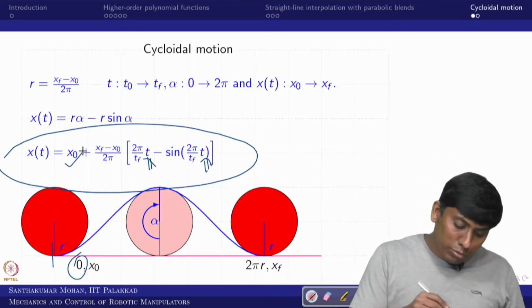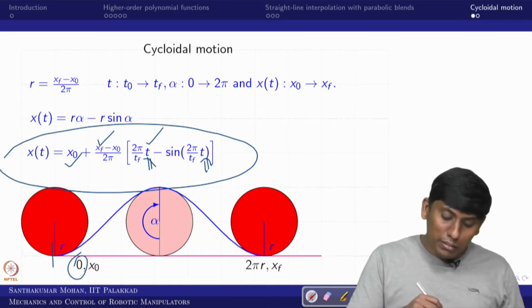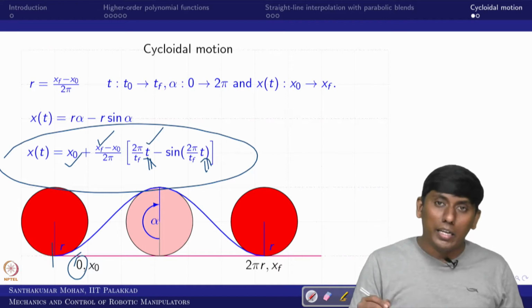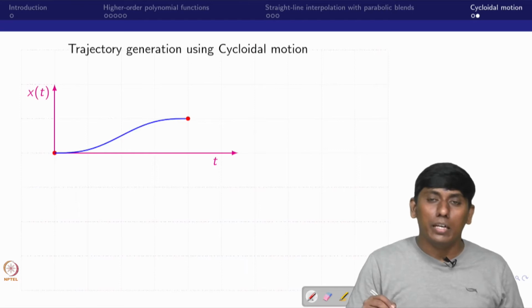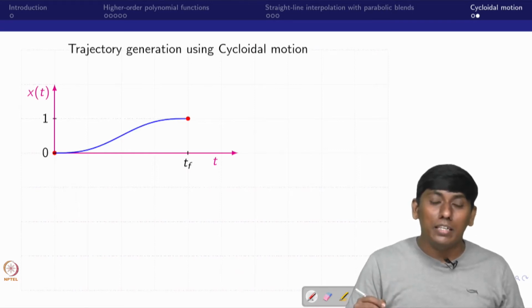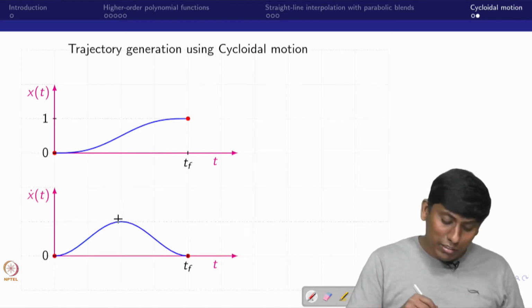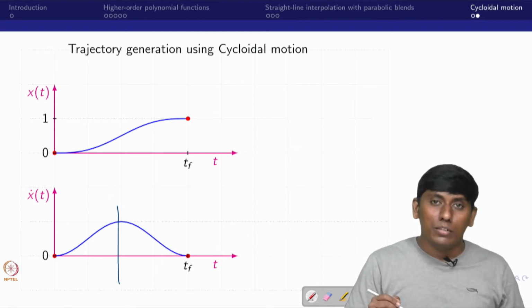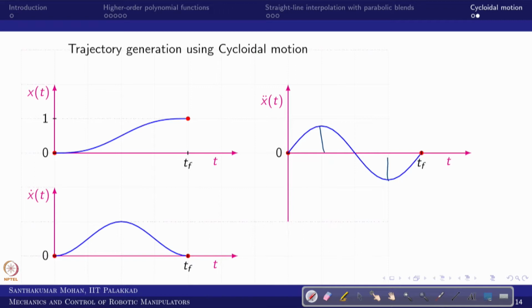Now if I substitute, x0 is known, xf is known, and t is the variable varying from 0 to tf, then I can get this equation. If I draw that, you can see it is very smooth. Further, the velocity you have seen earlier is the same, but it is a cos function, or a sine function, whichever way you take it. Here also the velocity is maximum at the midpoint, and the acceleration is maximum at the quadrants, and you get the overall idea.